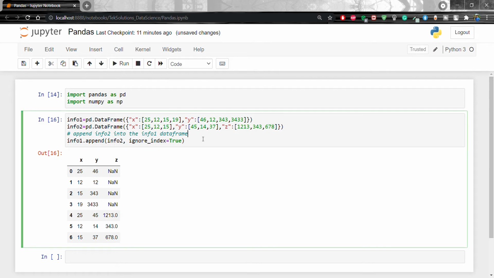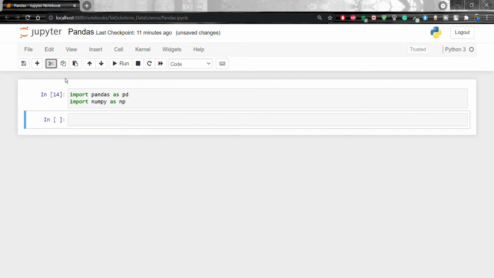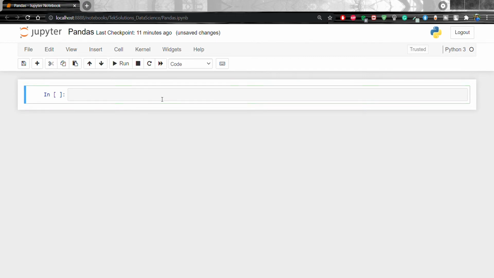Okay, so the next method I am going to show is the apply method. Let's remove everything here. The next method will be data frame dot apply method. That is also very useful. So what will the apply method do? The pandas apply function allows the user to pass a function and apply it to every single value of the pandas series.